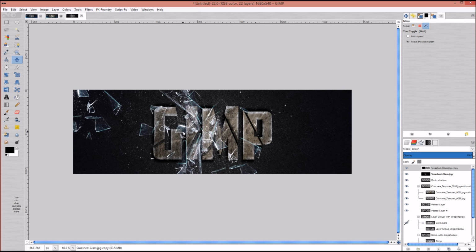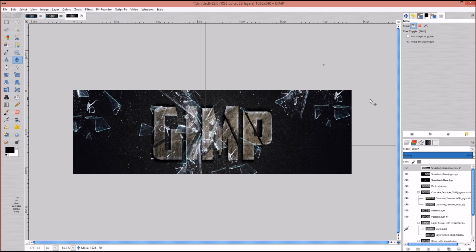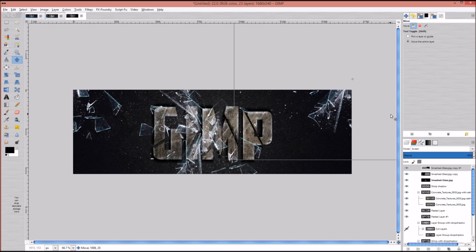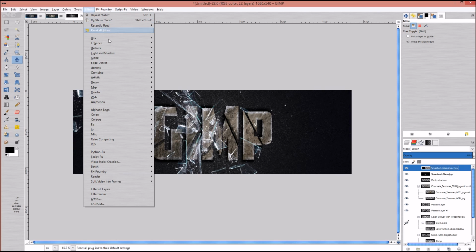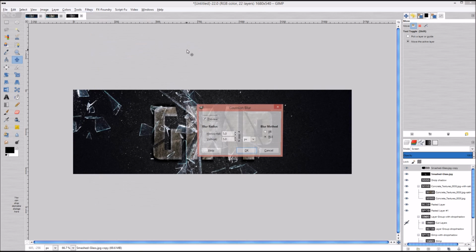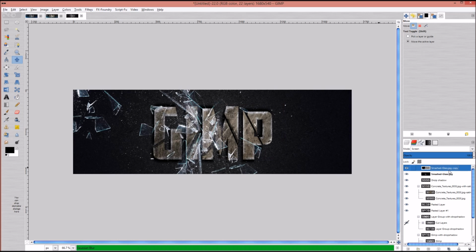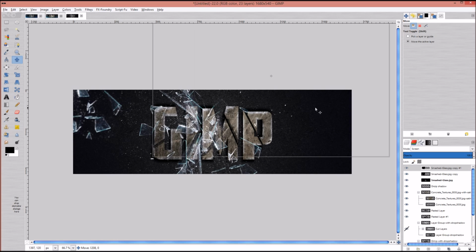And I'm going to press Control Shift D again, and I'm going to drag it over to this corner. Oops, I apologize, I missed a step. Let's go ahead and Control Z that twice. We're going to go back and go up to Filters, then Blur, then Gaussian Blur, and we're going to blur it by 5 pixels, and that gives it a depth of field look. And now we're going to Control Shift D and drag it over here